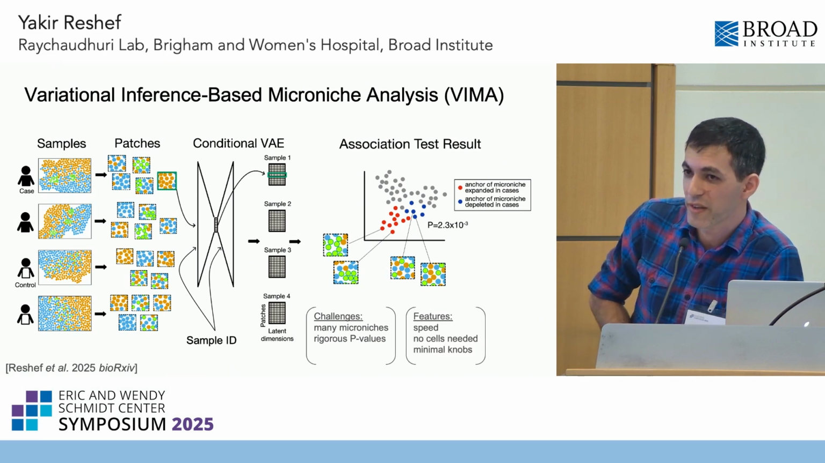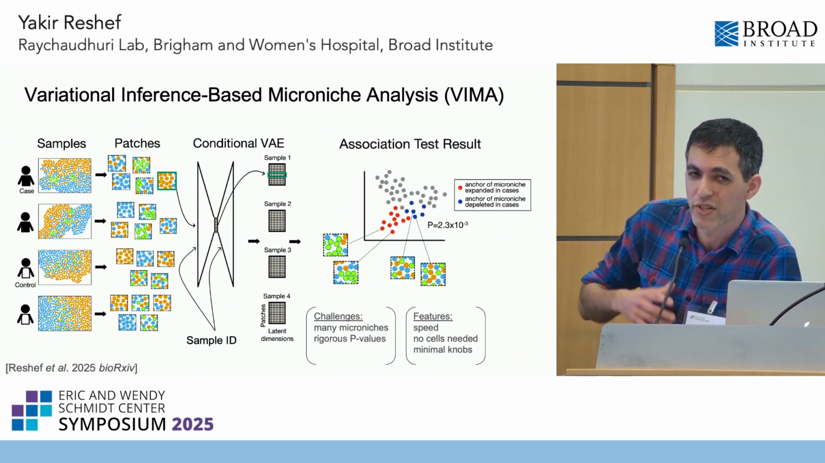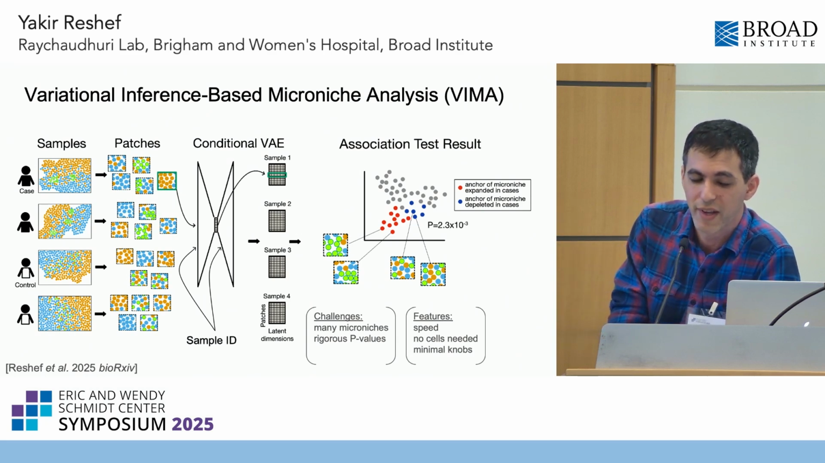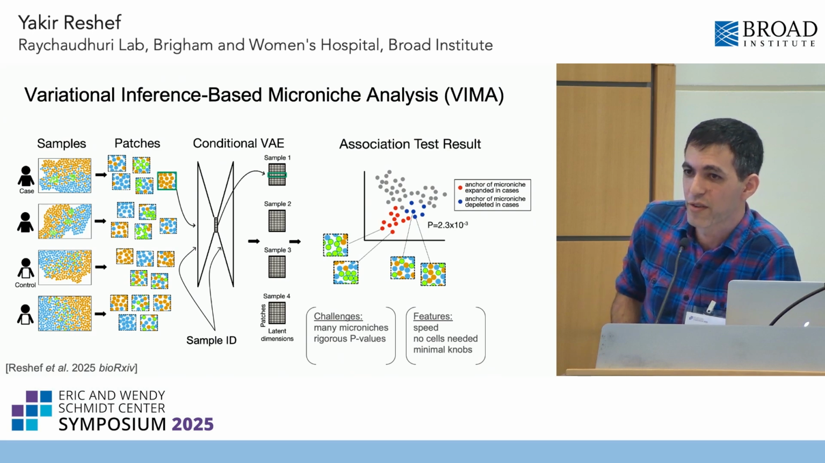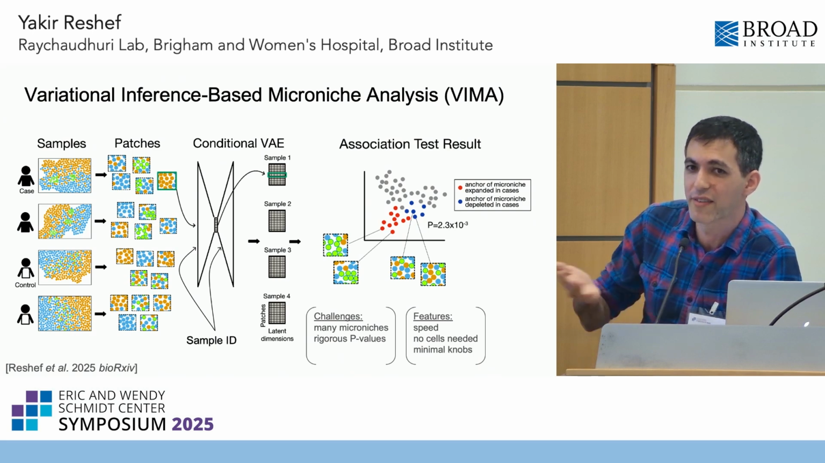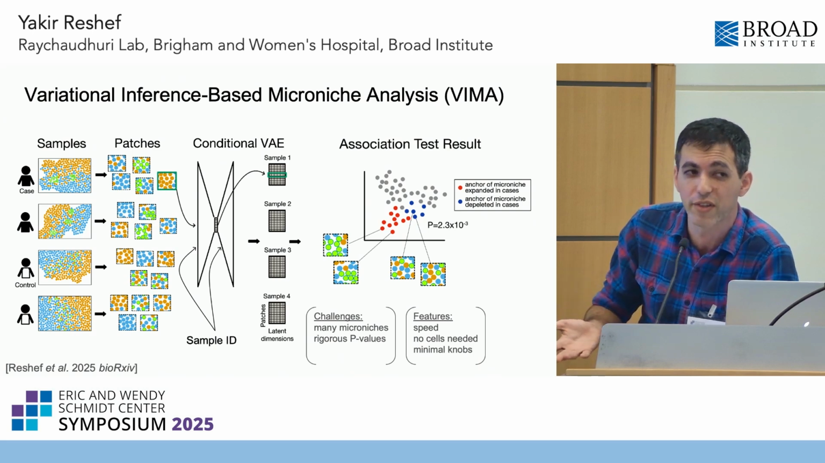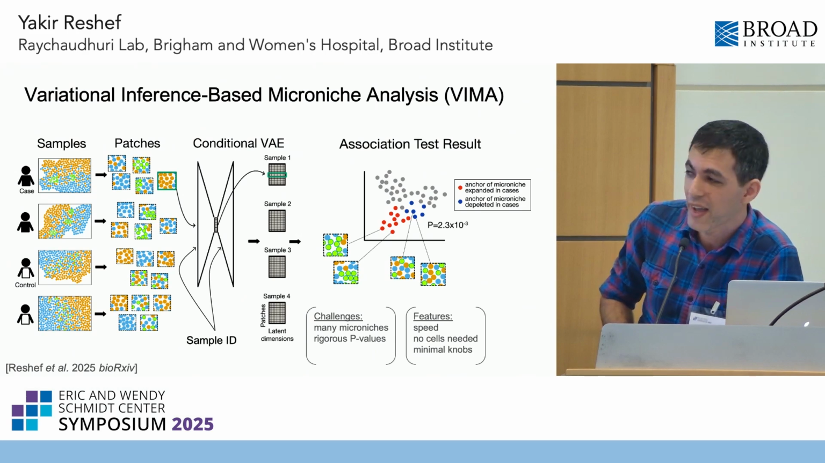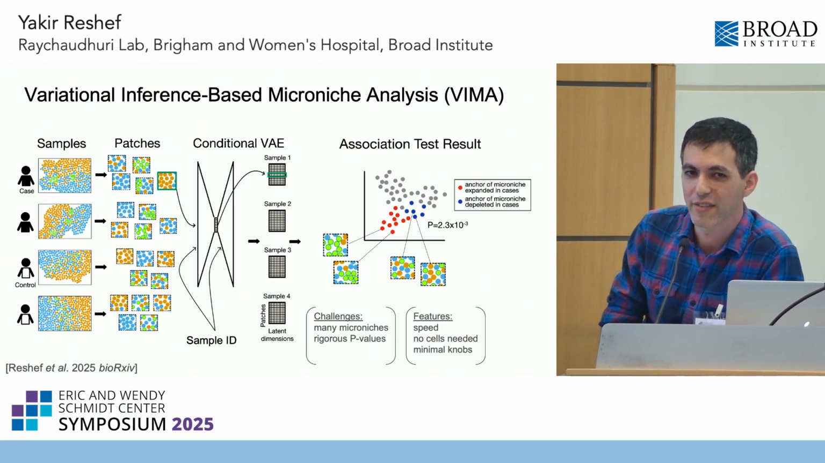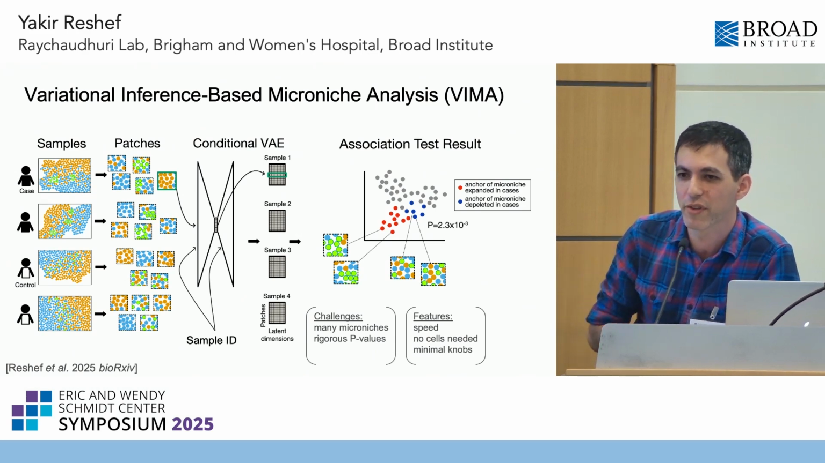Our method does have some nice features. First, it's fast. It takes just a few hours to compute even on the large dementia data set that I described. It doesn't require cell segmentation, so it's applicable easily to really any kind of sufficiently high resolution spatial data. And it doesn't require extensive hyperparameter tuning. And you'll see in the examples I'll show here, across many different modalities, we were able to run this method